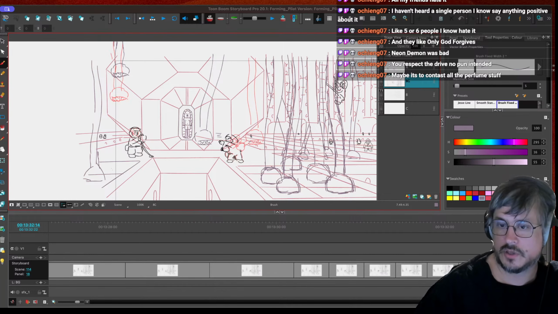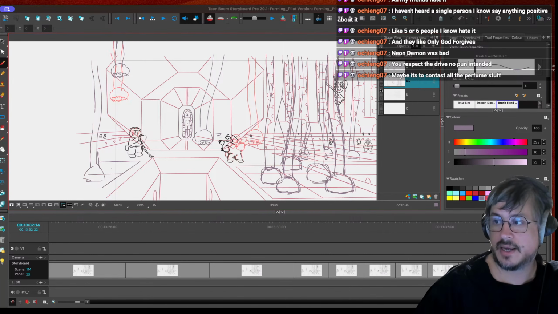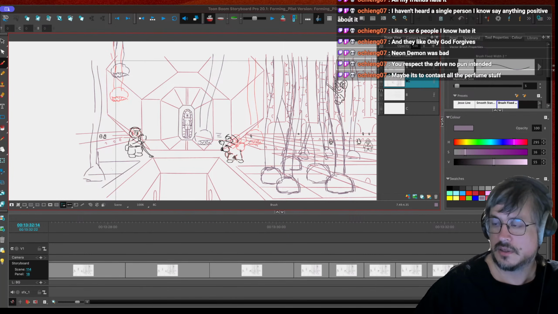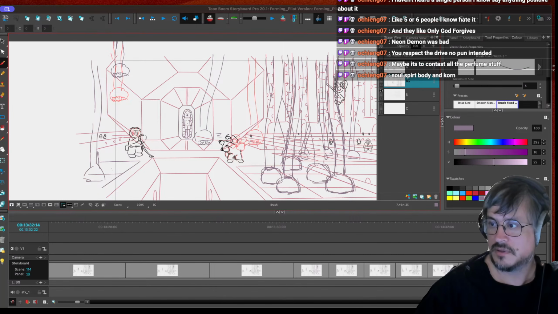Maybe it's to contrast all the perfume stuff. For sure, I get what he's doing. I get why he has the instinct, but... Maybe if I was a famous director, I would want to cast all these statuesque, beautiful models and have them standing around in slow motion.